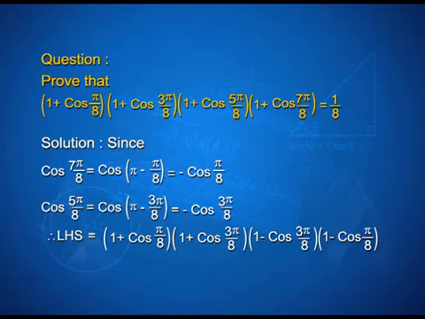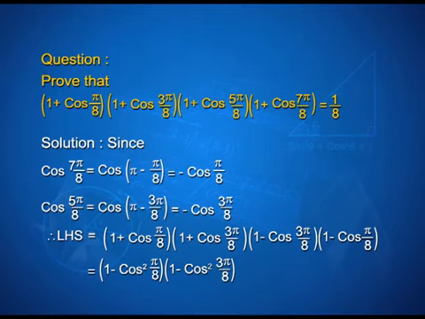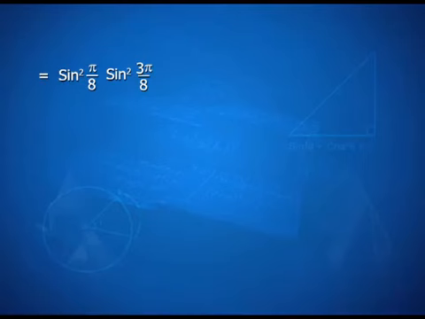use an identity and simplify as 1 minus cos square pi upon 8 into 1 minus cos square 3 pi upon 8. You know which identity we have used here? A plus b into a minus b gives a square minus b square. This again can be simplified as sin square pi upon 8 into sin square 3 pi upon 8, which again